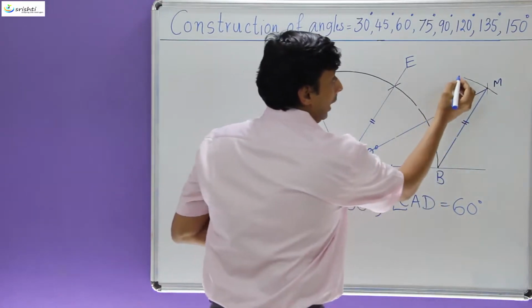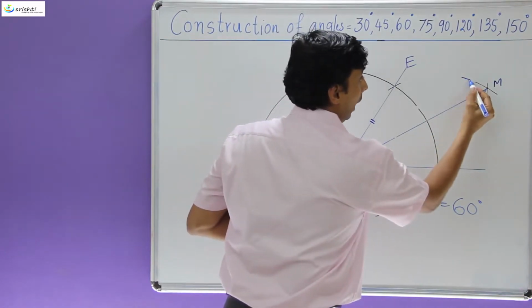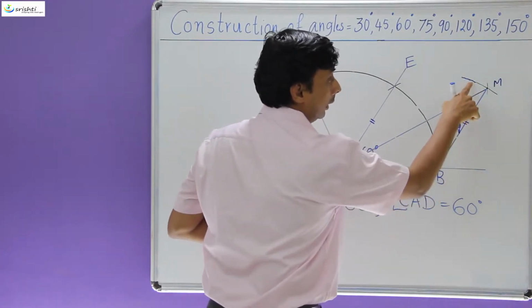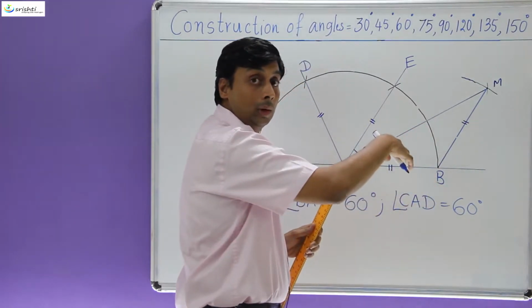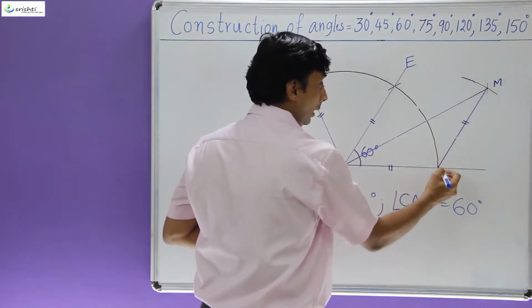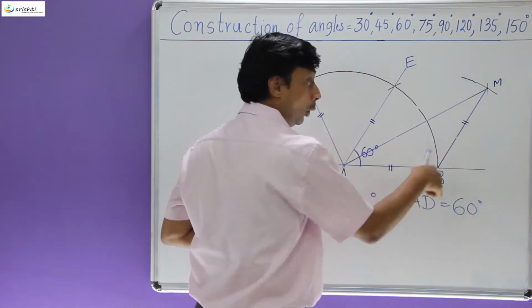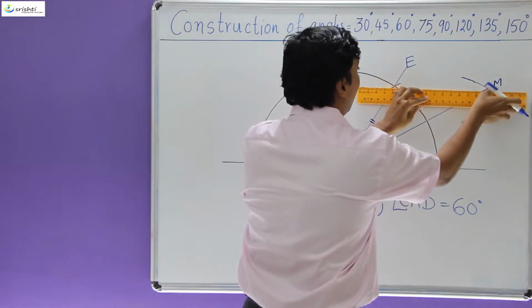If you notice, I drew this particular arc from the point B. So every point on this arc that I drew is equidistant from the point B, that is equal to the radius of the semicircle. So A and M are both equidistant from B. The distances are the same. If I join E and M,